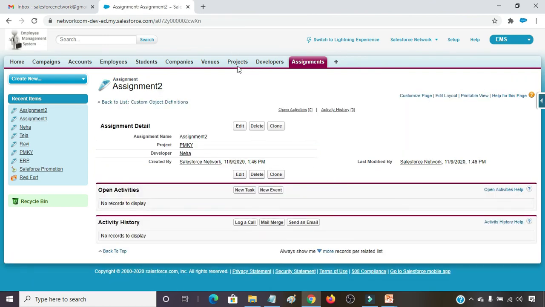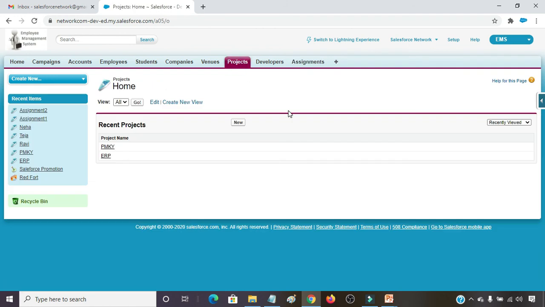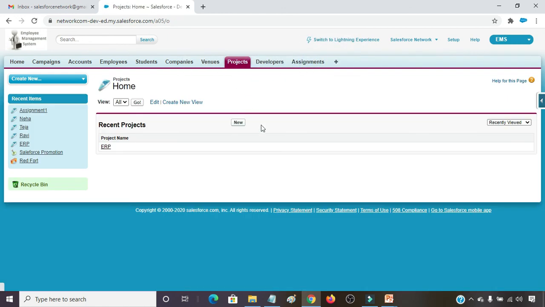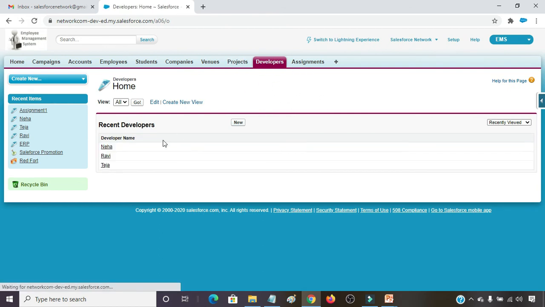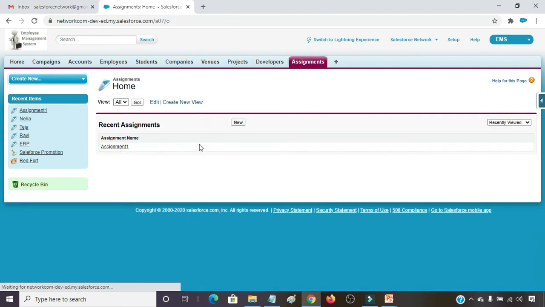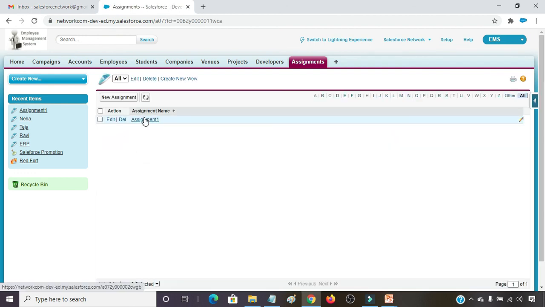Let's see what's happening. If I am deleting the project, like if I am deleting this PMKY, see Neha is associated with this project. What happens to that? Here Neha is available, and in assignment, see what's happening over here. On the second one, I had created the Neha record.